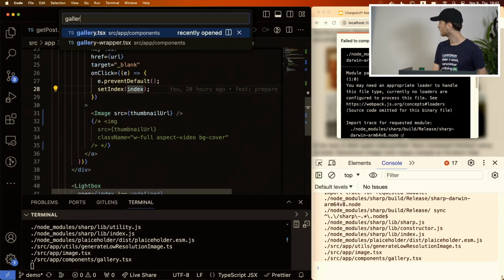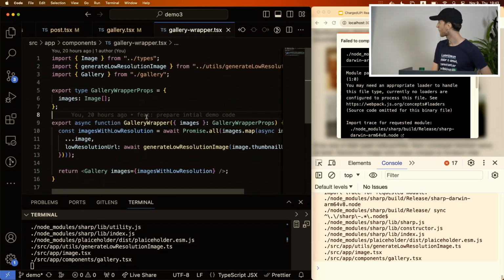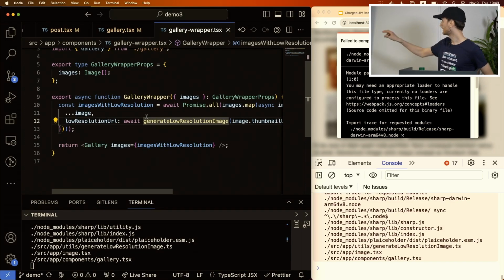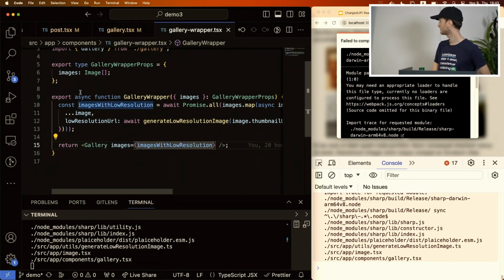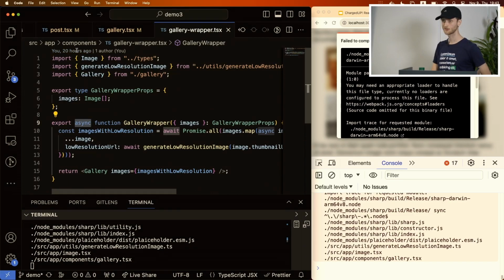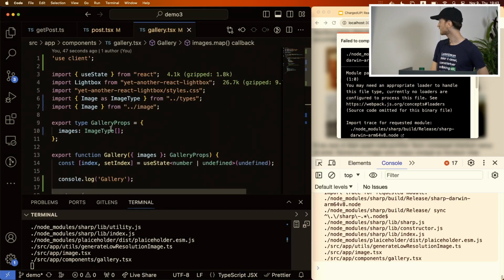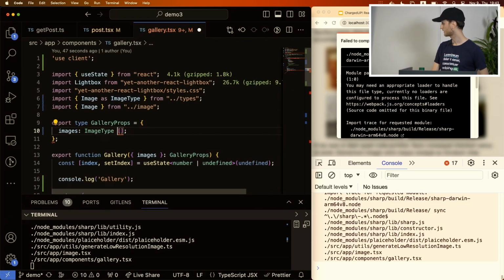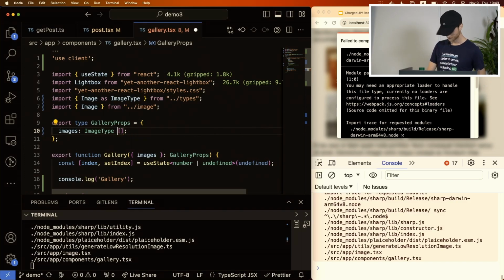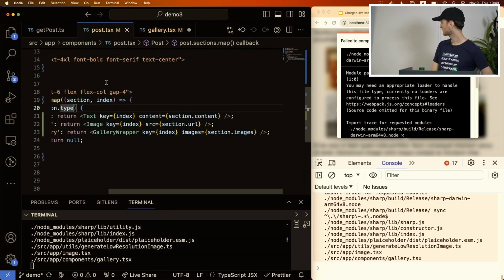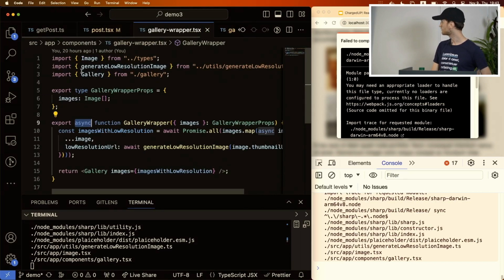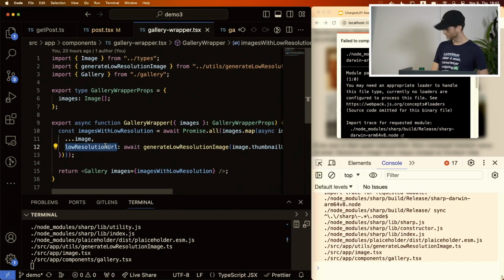And what it does, it just generates these low resolution images for all of my images and renders the gallery component. And note that this is a server-side component, so I just grab it. And what I have to do here is to extend, why is that? With, I don't remember the name of the prop, low resolution URL,